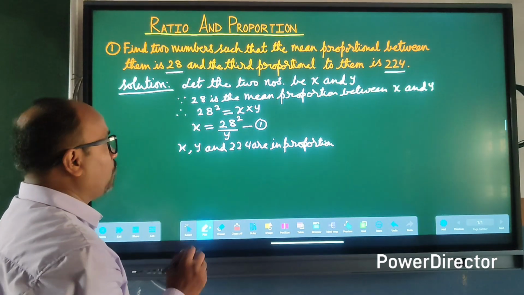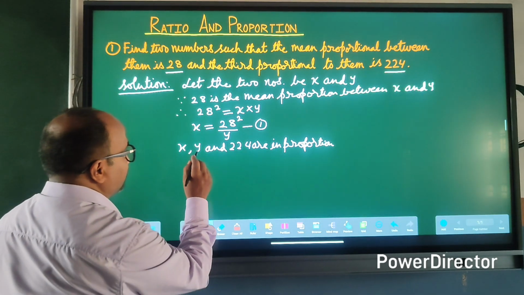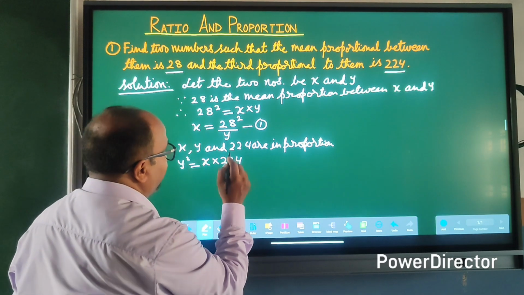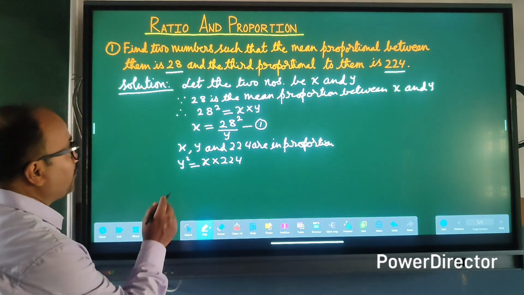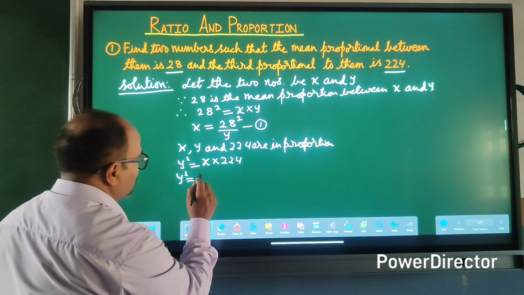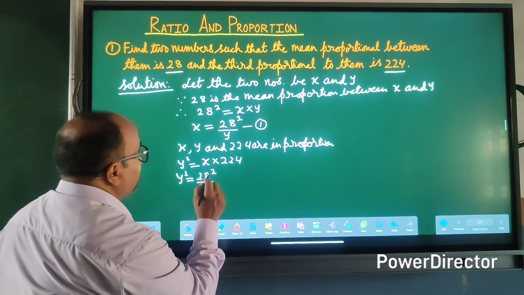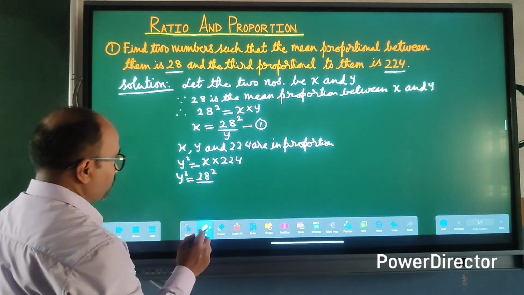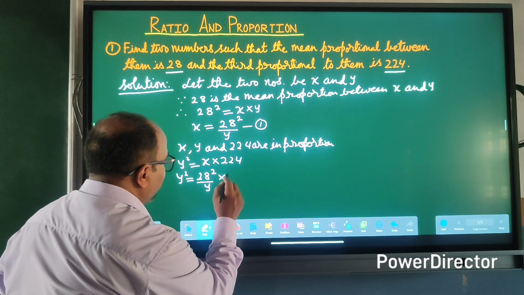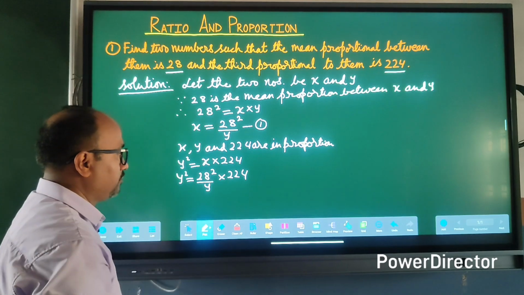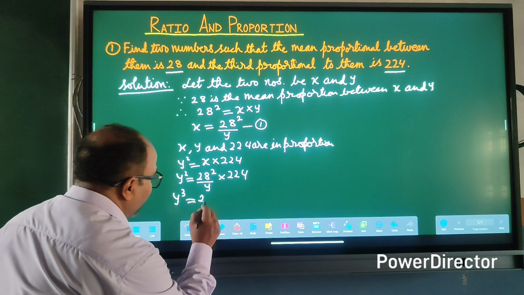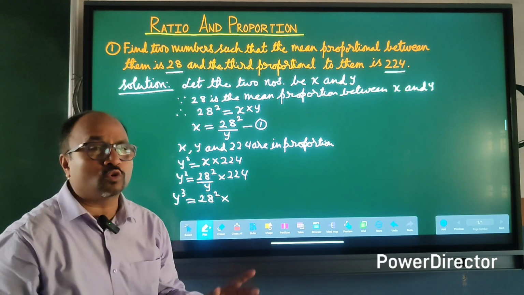So as a result now what I will write is that the square of the middle one will be equal to x into 224. Now I am going to put the value of x from equation 1. So y square equals to 28 square by y into 224. So now if I cross multiply, I will be getting y cube,